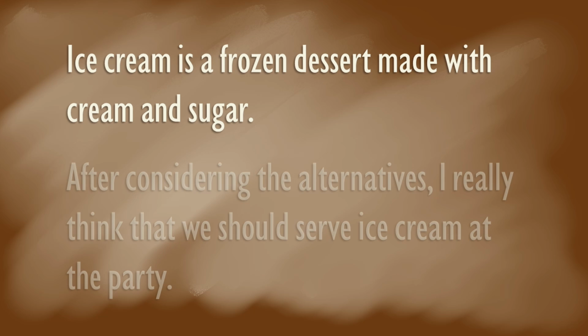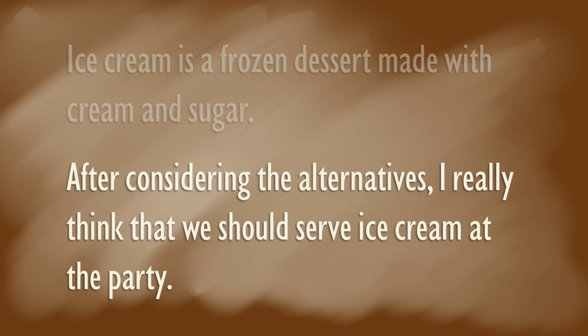Probably nothing at all. The neutral statement tells us some information, but it discloses nothing about the person we're dealing with. With the second statement, however, we get a clear picture of who we're dealing with. They're a thoughtful person who thinks ice cream is the best choice for a party. We might not know much about this person's biography, but we do know that we could probably have a productive conversation with them.